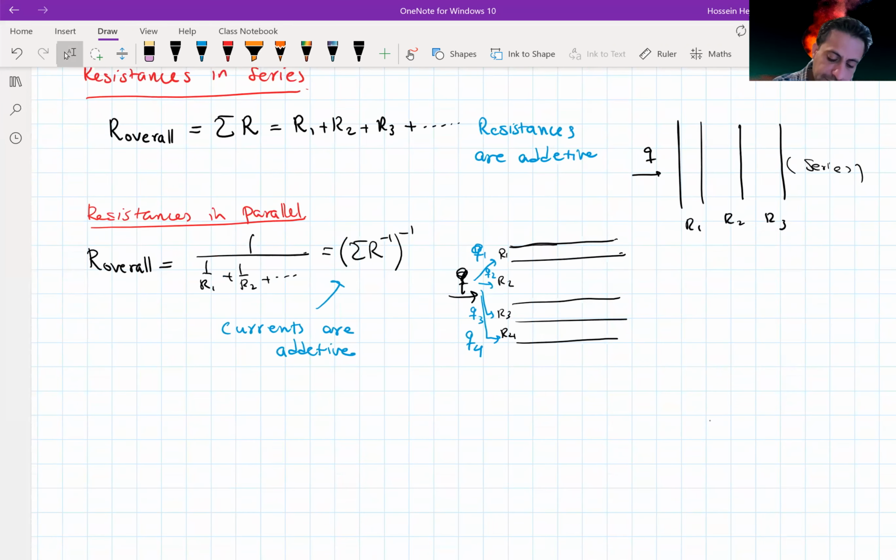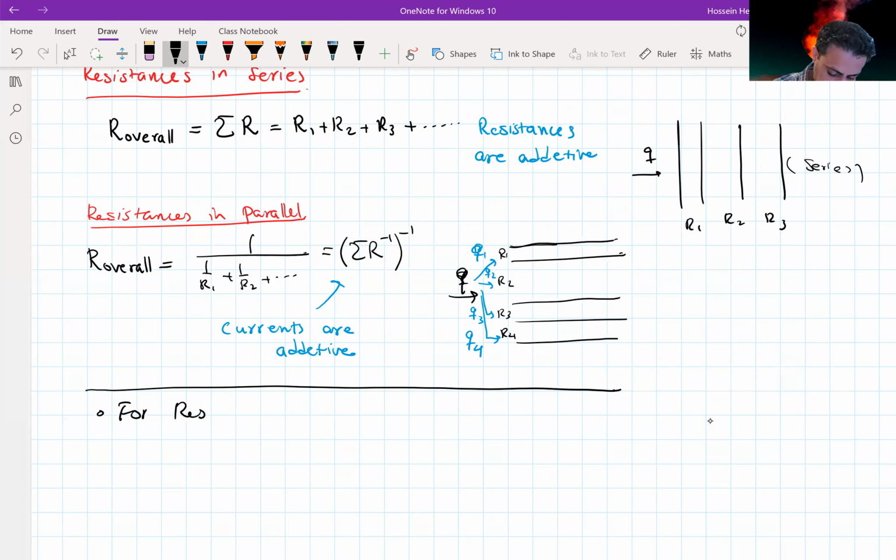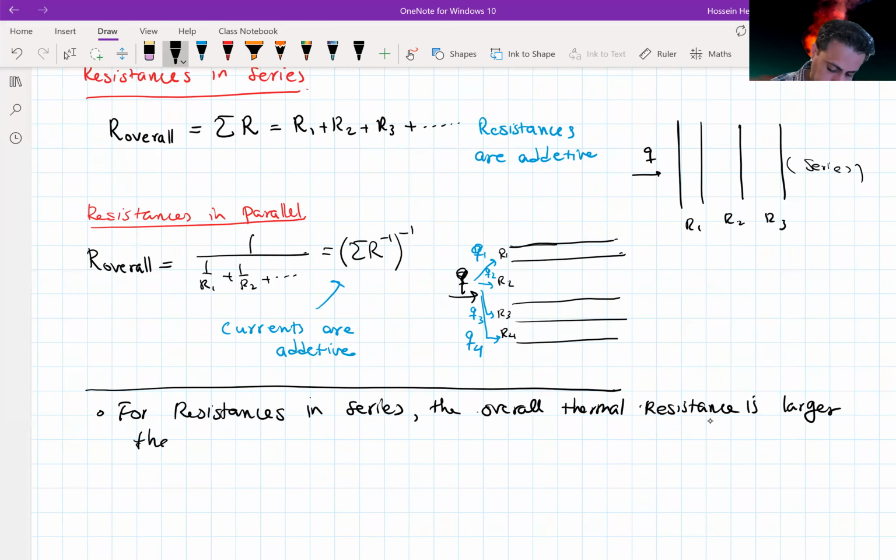Now, when we have resistances in series, so when we have them in series, the overall thermal resistance is more than any single one,